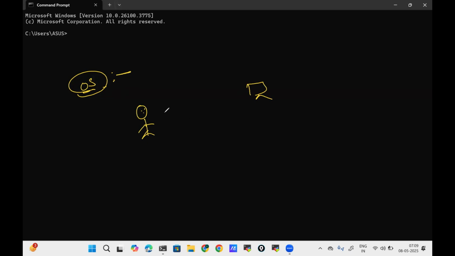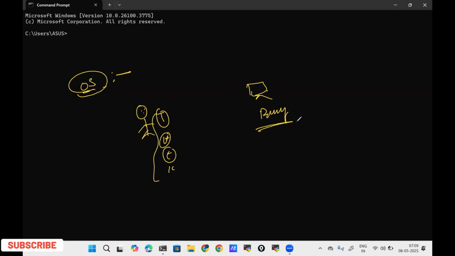Let's say humans know only high level languages like Telugu, Hindi, English, Kannada. So these all are high level languages. But the server will only understand the binary level language. Converting the human readable language into the machine understandable language is nothing but